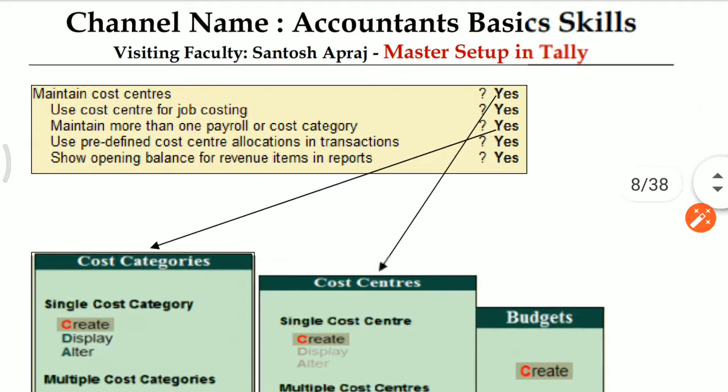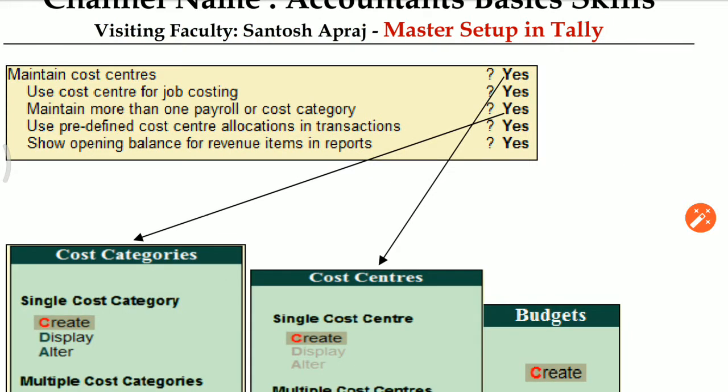Next is cost centers. Friends, why is cost center required? Nowadays, if your branches are in different cities, then you have to account your expenses cost center wise. The reason behind is that you want to know how much expenses were incurred by, for example, Rajapur branch, or Kankoli branch, or Pune branch. In cost center you can create these options so that you can be aware of how much cost.